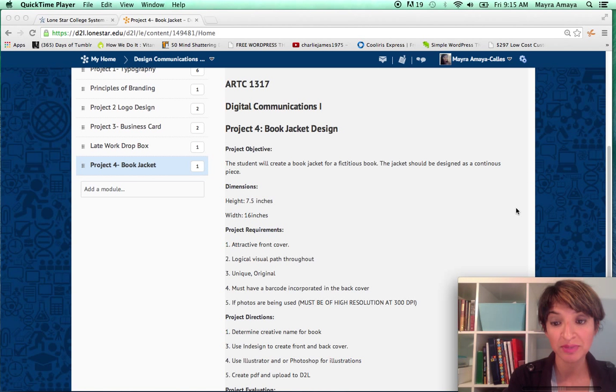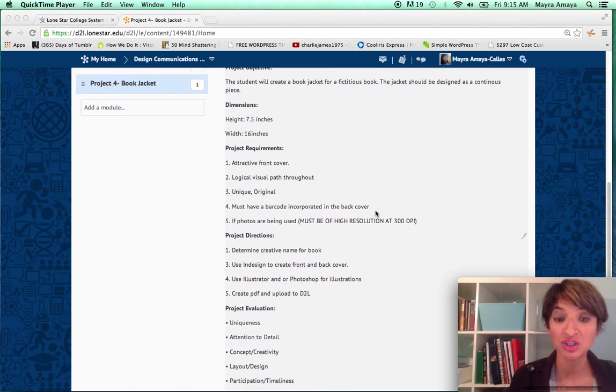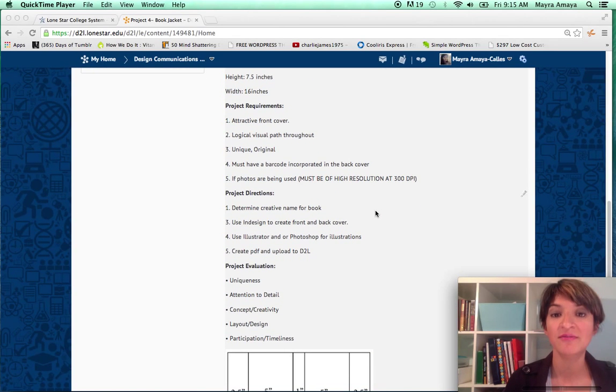The jacket should be designed as a continuous piece. So you may choose an existing title, but you will not be able to redesign it. The dimensions are 7.5 inches by 16 inches. You don't want to modify that. That is the dimensions, okay? They fit inside of a tabloid standard size page, so it would be a good piece to have in your